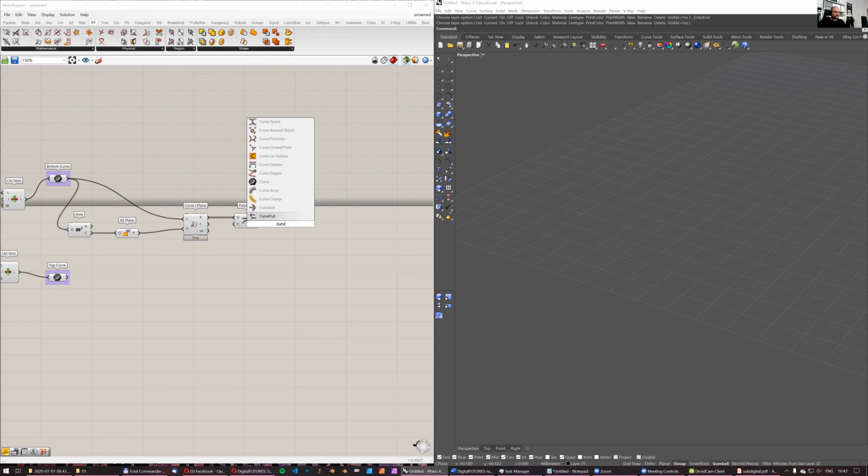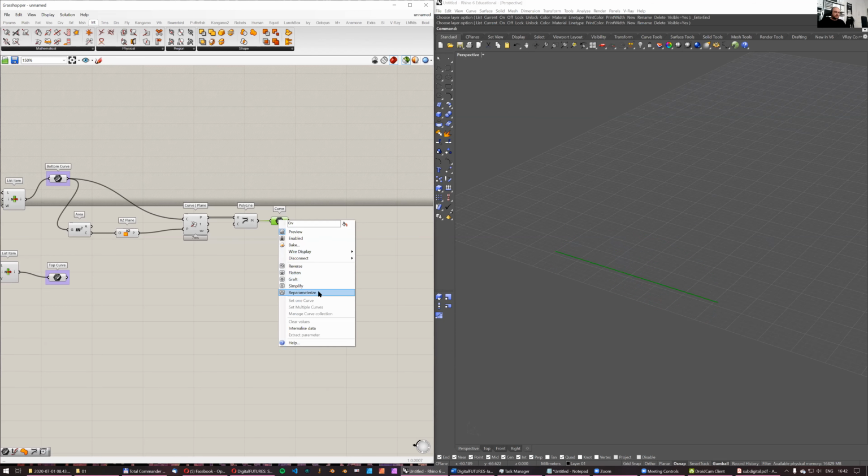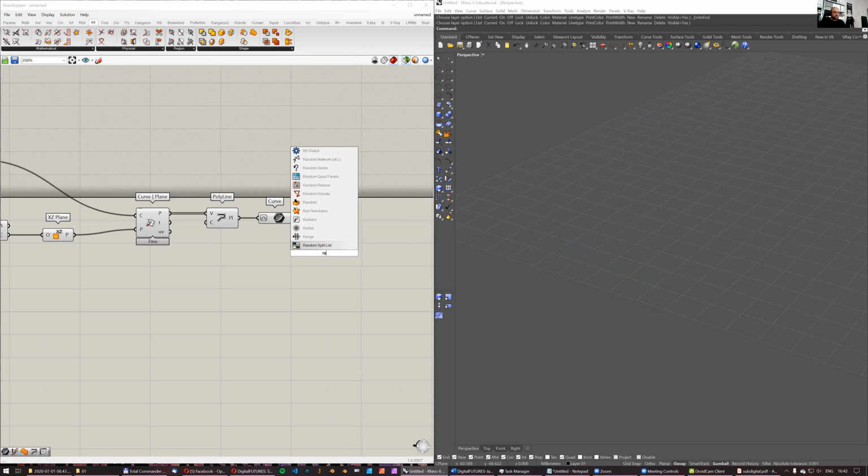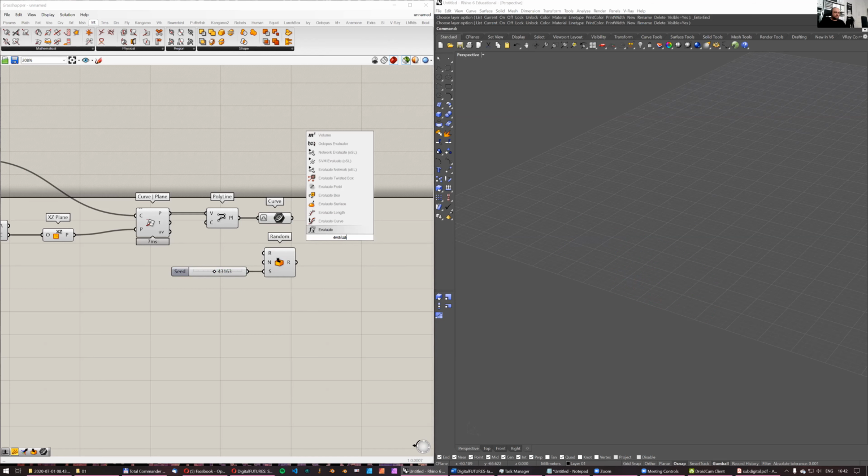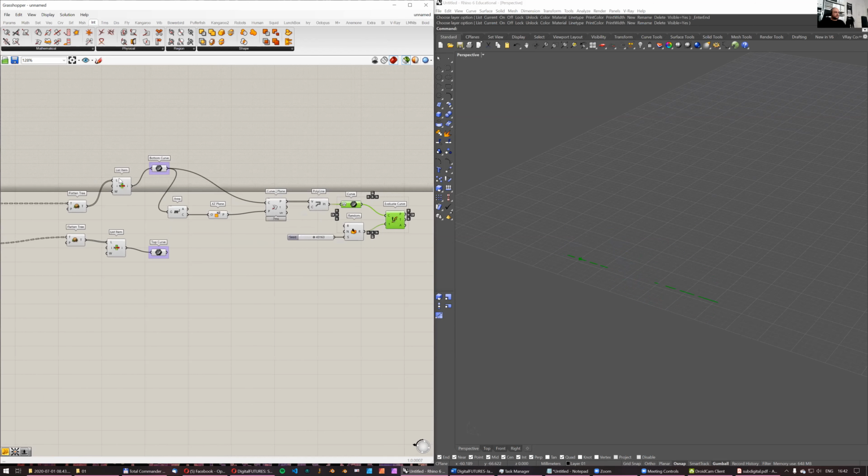reparameterize this curve to make sure that its domain is between 0 and 1. And then I will generate a random number between 0 and 1. Also, the random seed can be anything, so I will change the random seed like this and evaluate the curve like this. So this is the curve that I'm evaluating. This is the parameter. So now you see that I found a point here,